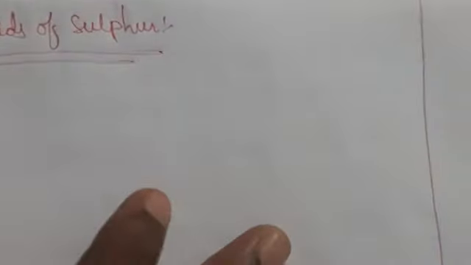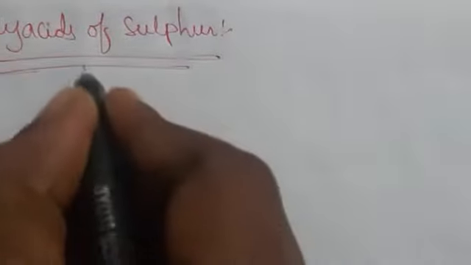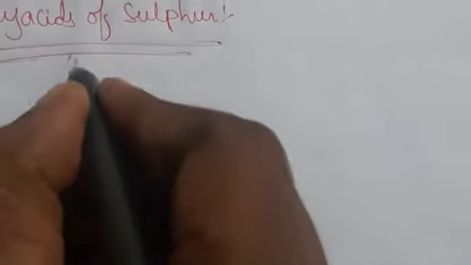Good morning students. Let us discuss about oxy acids of sulfur. So generally group 6A elements will form the oxy acids as we know. But here these oxy acids of sulfur are classified into 4 types. That is,